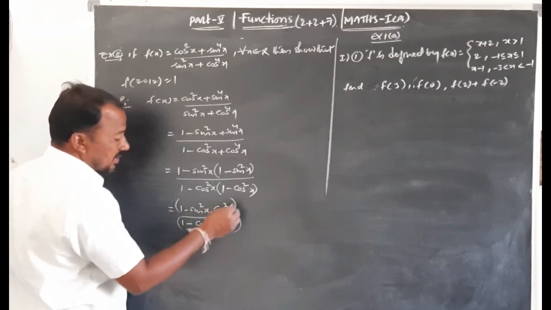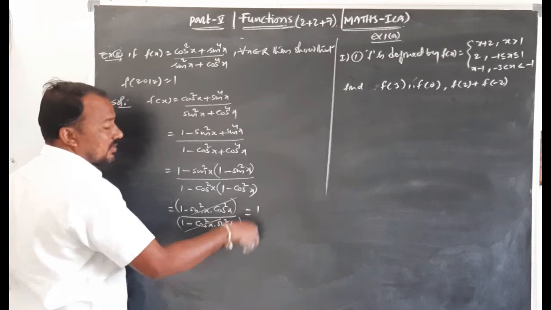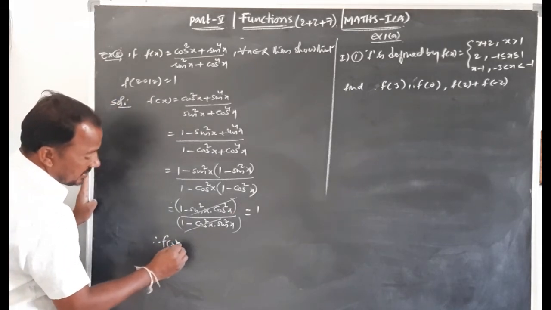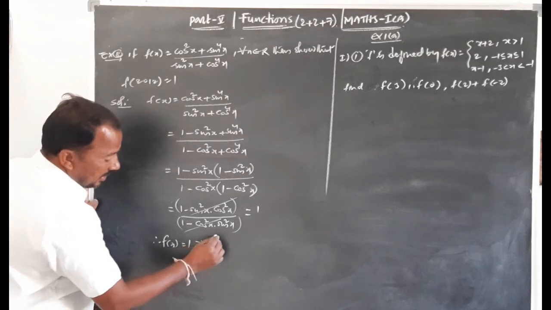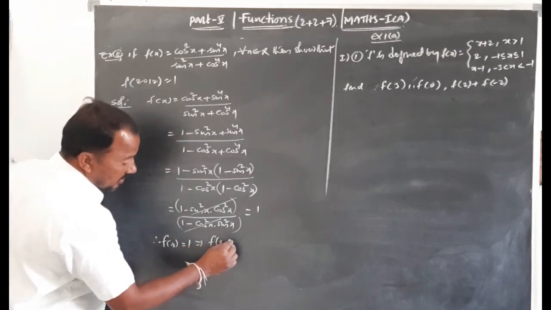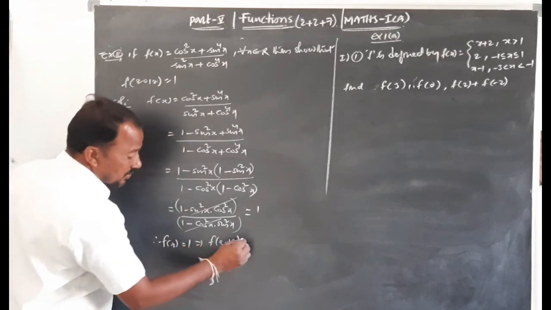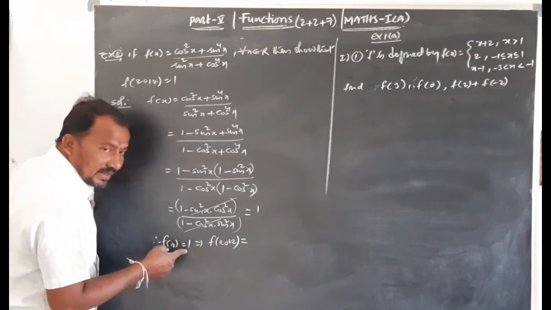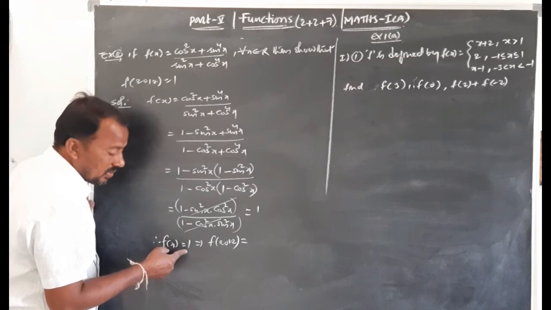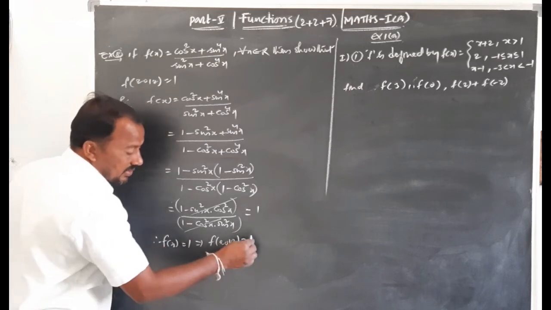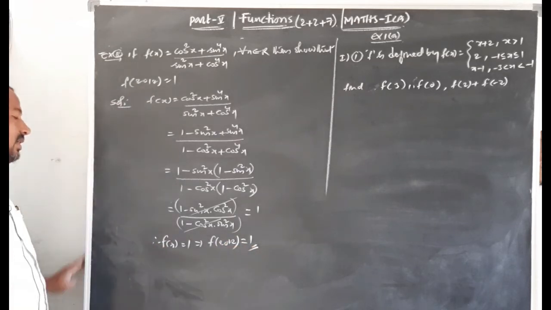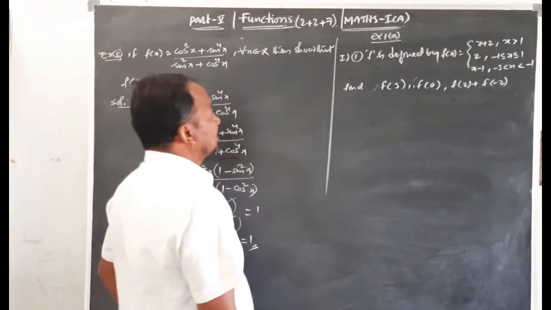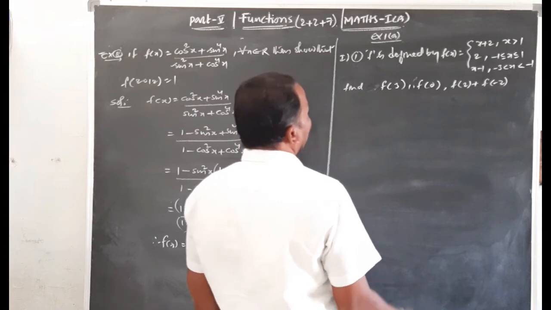Numerator and denominator are the same, so that value equals 1. Therefore f of x equals 1, which means f of 2012, substituting x equal to 2012, since the variable x is not there, that value equals 1. f of 2012 equals 1. Right? Exercise problem, first one.